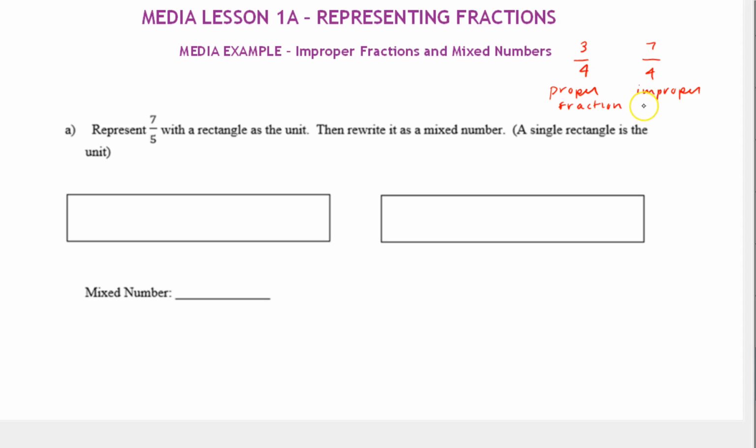So remember, the definition of an improper fraction is it's a fraction whose numerator is greater than or equal to its denominator. A proper fraction will be a number between 0 and less than 1, where the numerator is less than the denominator. So now we're going to see, when we have improper fractions, we've seen in the last few videos that